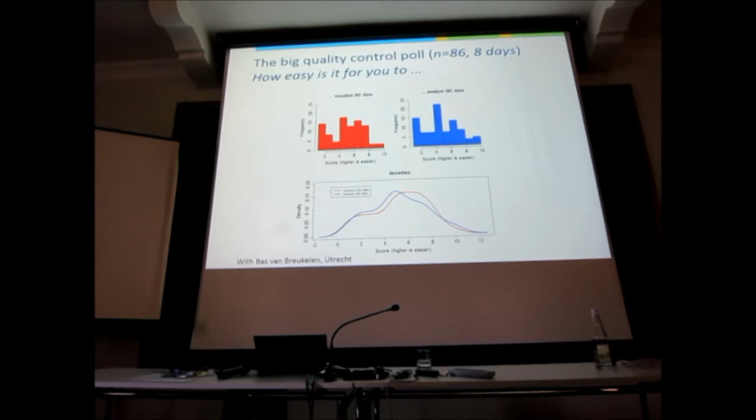So, another question is, how easy is it for you to look at QC data and to analyze QC data? And here you see a shift. You see that it's slightly easier to visualize than to analyze. Okay? Analyze means process the numbers. Visualize means make a few plots, look at some stuff. And a lot of vendor software allows you to look at some of the stuff, and some of the commercial software does as well. So people on average have an average feeling about how easy it is. But it's not easy enough. This should move to here, because then people would use it all the time.